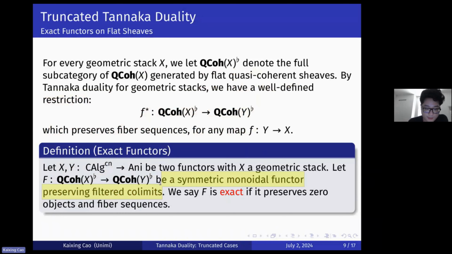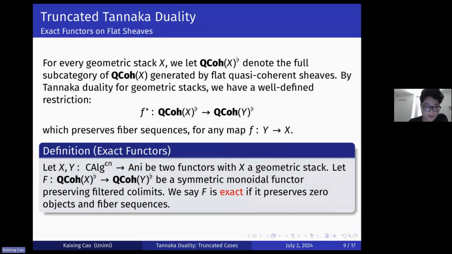And if we are given such a functor preserving filtered colimits, we see f is exact if it preserves the zero object and fiber sequences. It's a very natural definition for exactness for such functors,